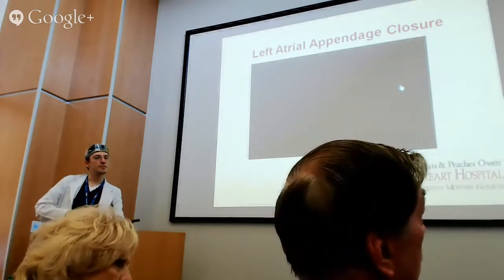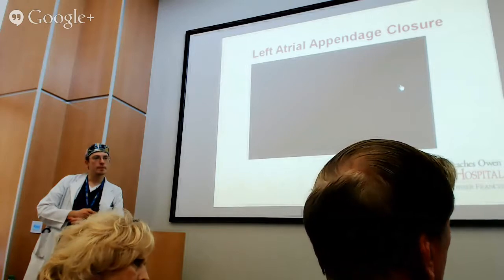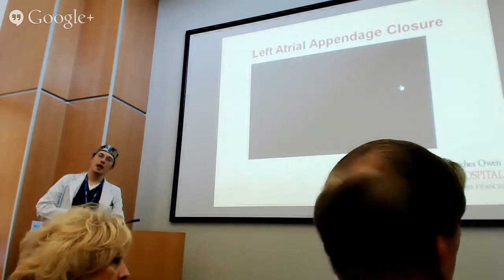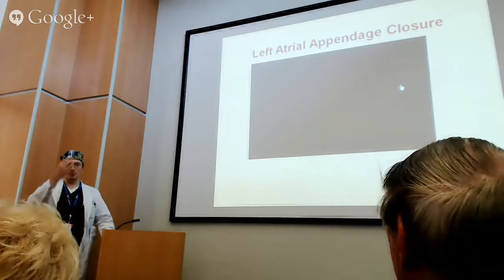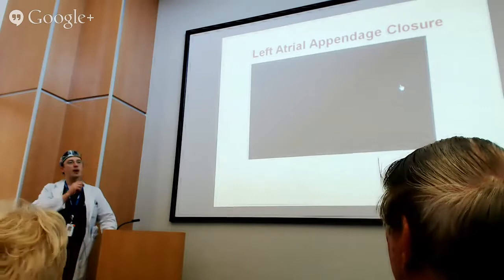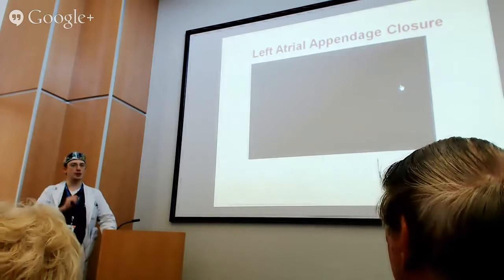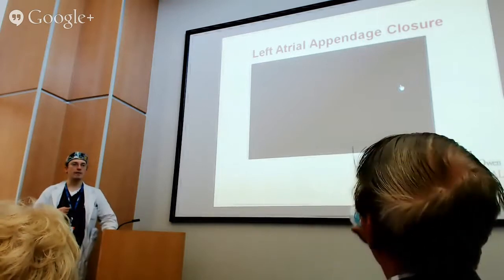What you showed us a few moments ago, the smaller portion there, that was not the entire left atrium, was it? Correct. We don't occlude the entire left atrium because you need the left atrium for the blood to go around. We close off just the left atrial appendage, which is a small pouch on the side of the left atrium, which is typically where the blood clots come from.